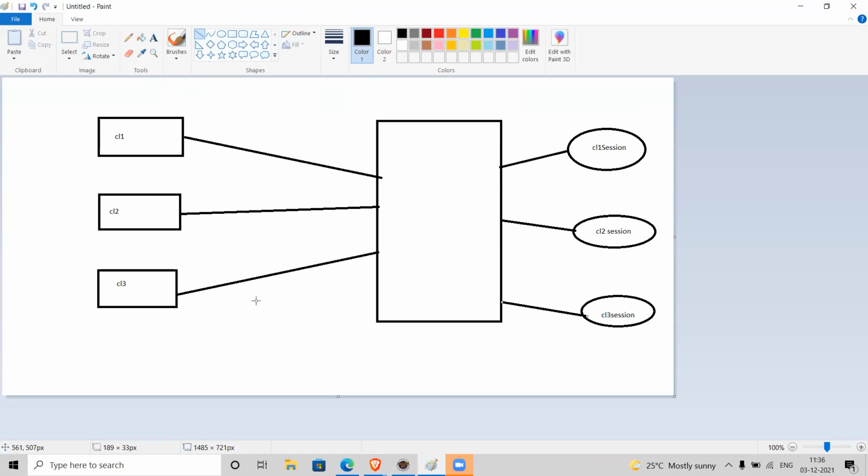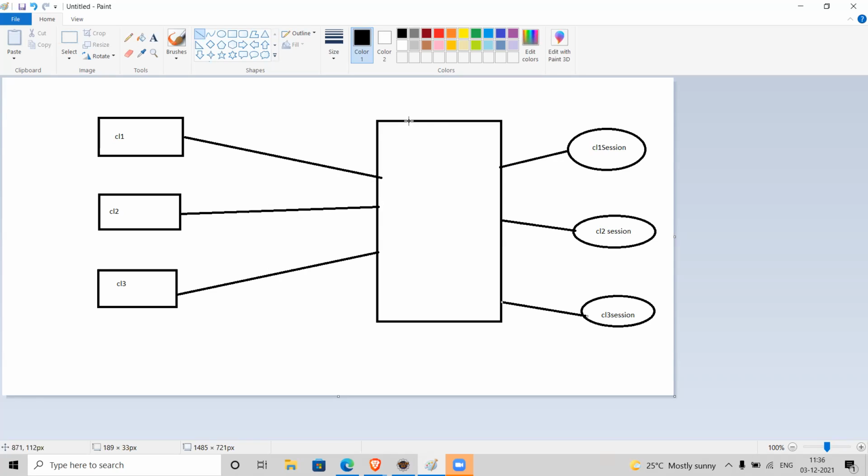When comparing with hidden fields and cookies, we are able to overcome those issues. The data transmission issue, the security issue, and the cookie-related reliability issue, we are able to overcome. So all these issues we are able to overcome using sessions.